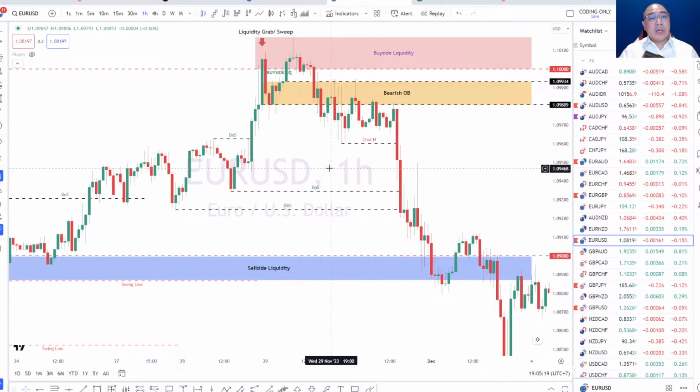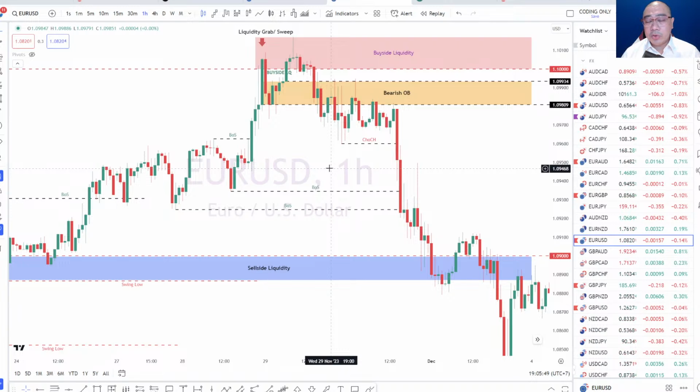Then we also take a look at liquidities. We took a look at order blocks, and I think there's already a question about order blocks. What's the difference between just a traditional supply and demand zone as well as order blocks? I'll explain that in a minute. And I think there's already a question about retracement. When does it end? When does it start? Because it does play a big role in terms of identification that you're looking at, whether or not it's actually going to be a trend continuation.